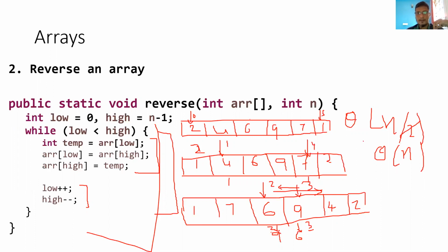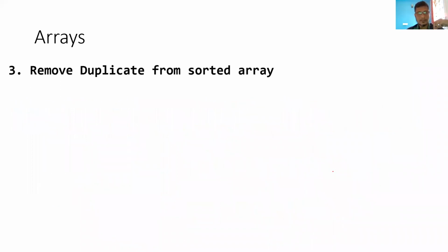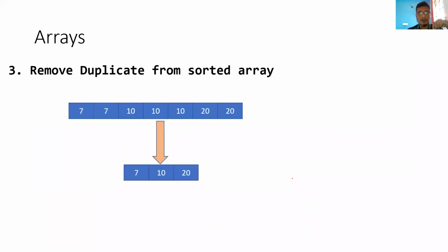Okay, fine. So moving to the next, let me erase this. So this is how you can reverse. The next question could be to remove duplicates from a sorted array. So the given thing is you need to remove duplicates from a sorted array. The array could be sorted like this. This is the good condition, that it is already sorted. So you don't need to bother about checking each and every element if it is exactly the same, right? What you can do is just check the current element with the next element. You can just check these things.